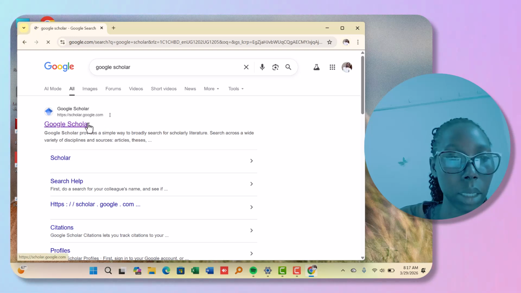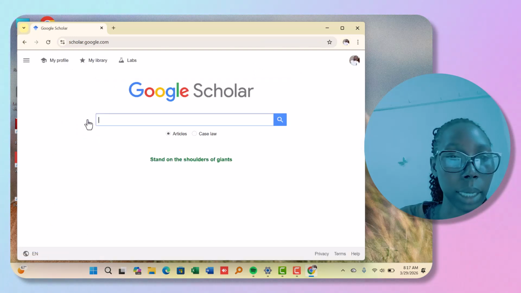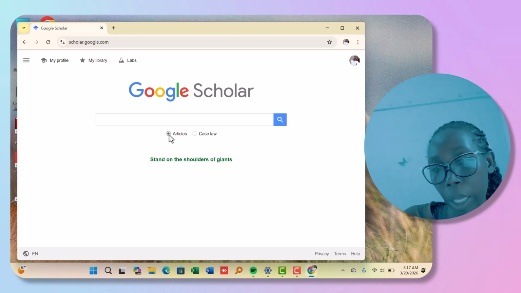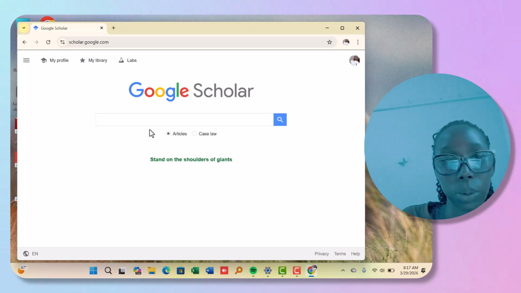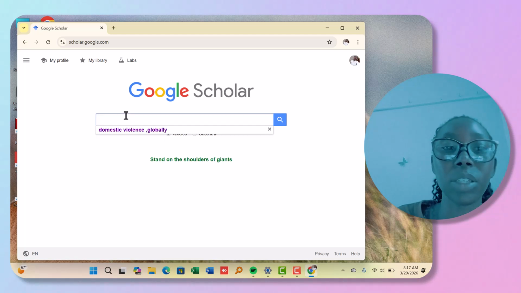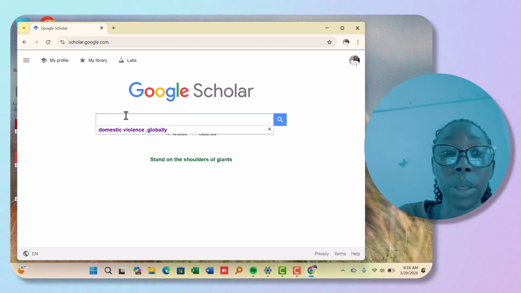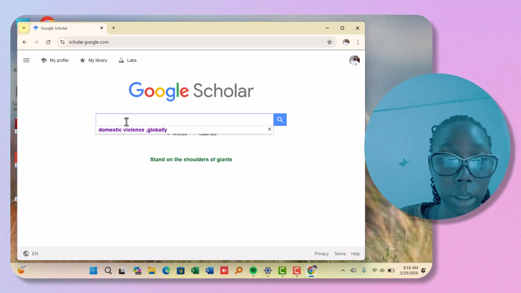Here's Google Scholar. You're going to open the site. It shows you as well that we are only looking for articles here. So articles are the published work online. They have their sources, they have their publishers, or they have their references as well. So we are going to click and type